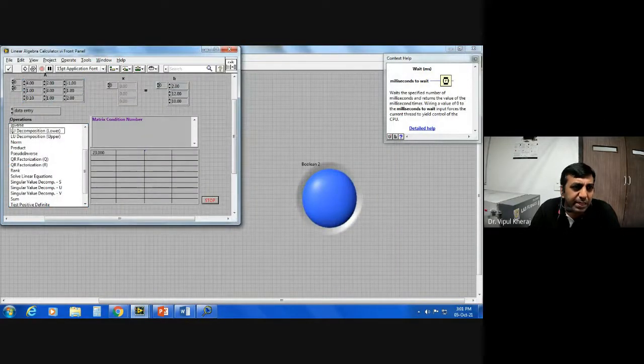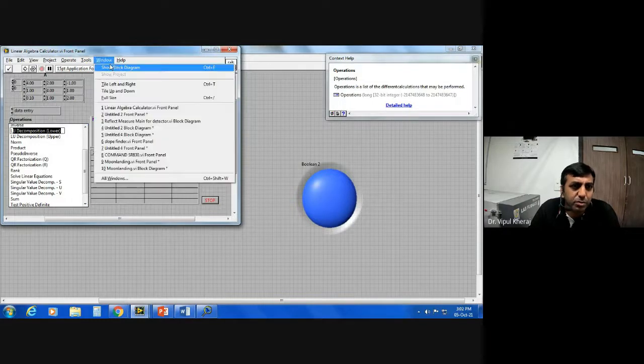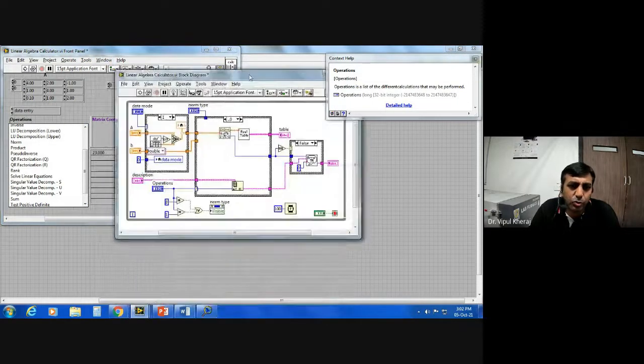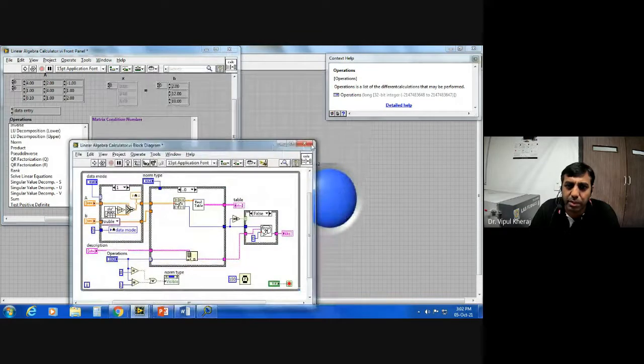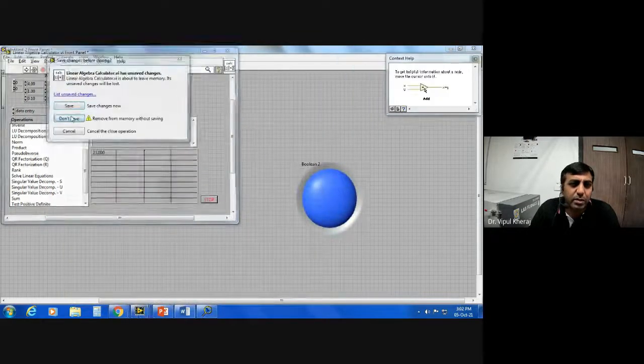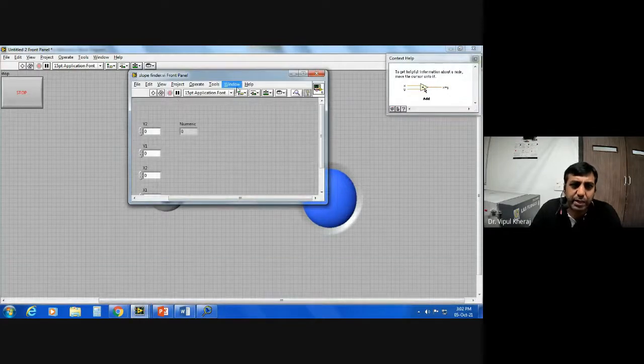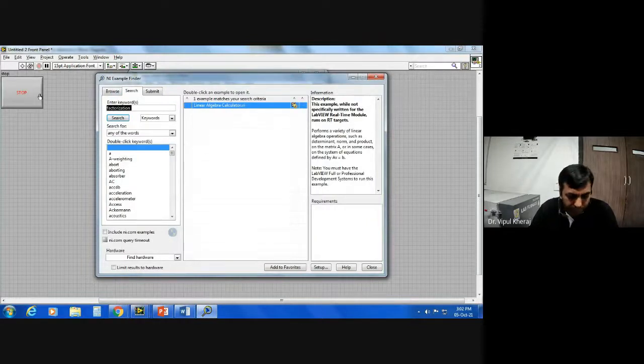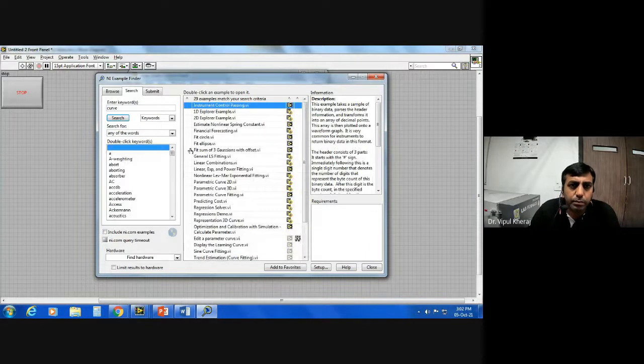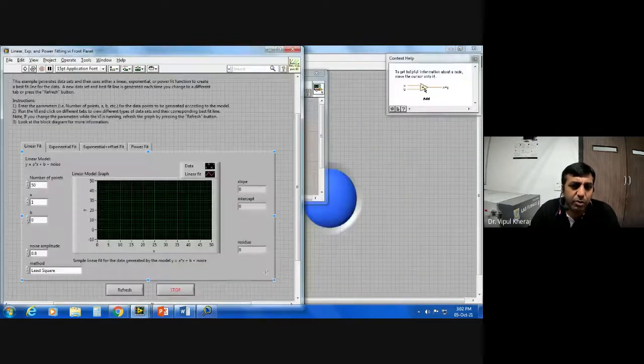It explains everything, like what it is, what it does, what the equations used are, and so on. You can also go to the program and learn it slowly, one by one. For example, curve fitting. If you want to do curve fitting, which is very common for scientific calculations, find examples. There are lots of curve fitting examples: general LS fitting, linear combinations, and exponential and power fitting. So you have some data and you want to fit it.